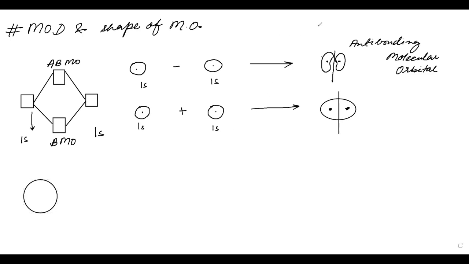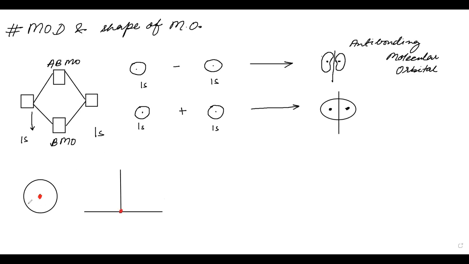Now we will try to make a graph for it, a wave for it. Let us see if we can come up with a wave. What I'm drawing here is, let us take these two. This is our nucleus, and I have drawn the nucleus here. This is the nucleus, and this is our nucleus here.